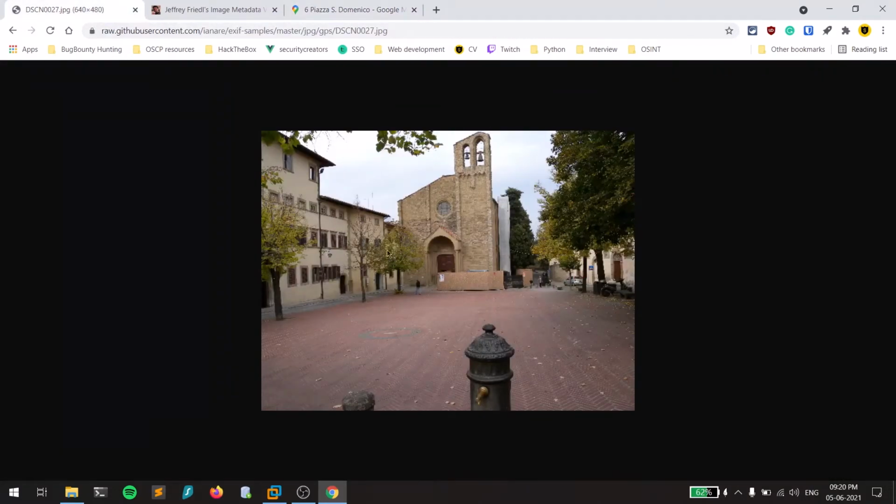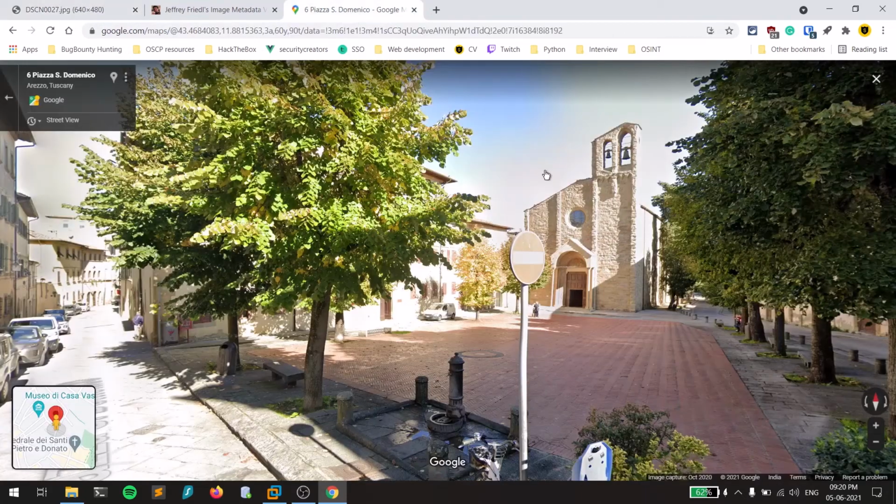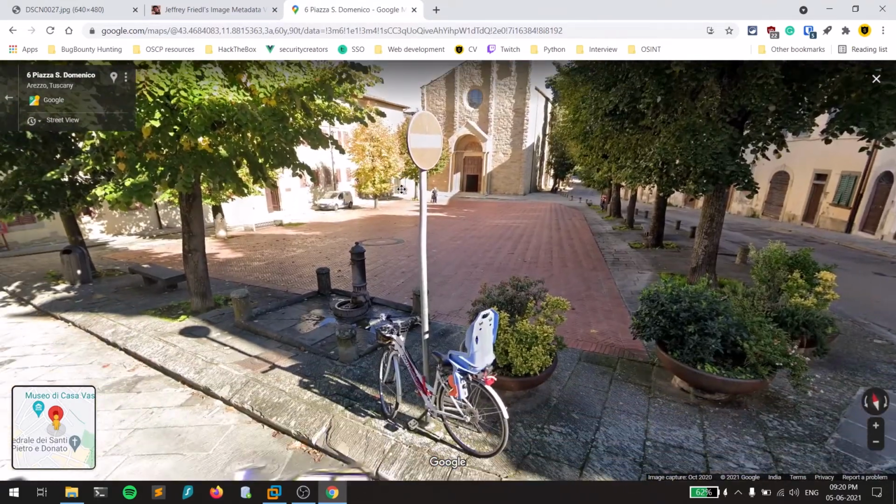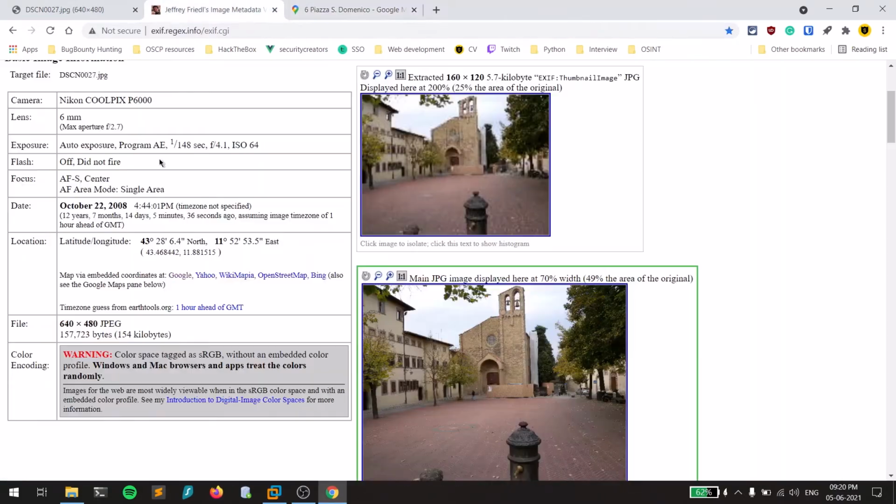So you can see, as I told you in the first video, this is the exact image that we got. Okay, so this is the advantage, and we also got the exact timestamp, and also some more important information. So guys, this is basically how you can look into an image's EXIF data or metadata.